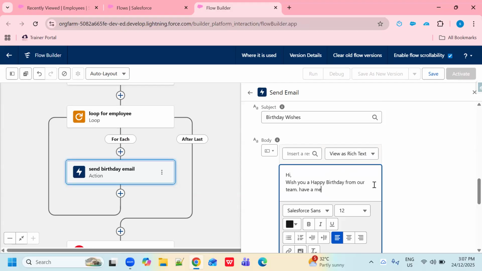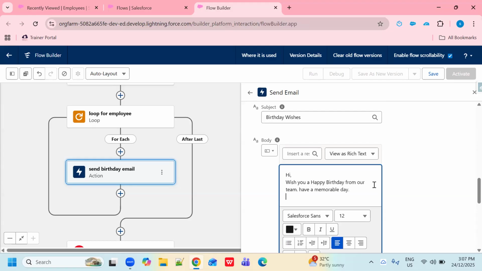Have a triple D, right? With regards. You can type your message as per your requirement, as per your wish, right? I am just keeping it simple.